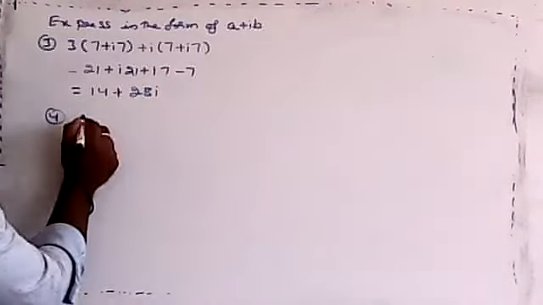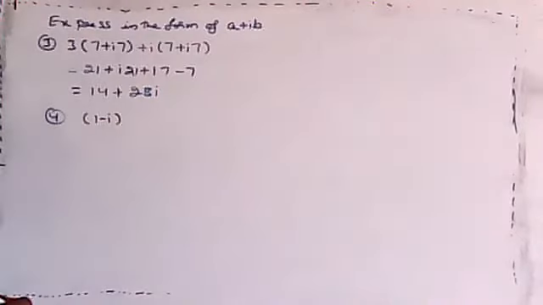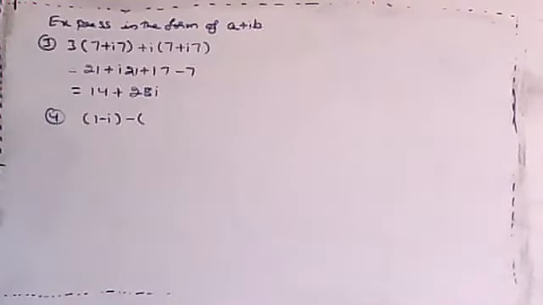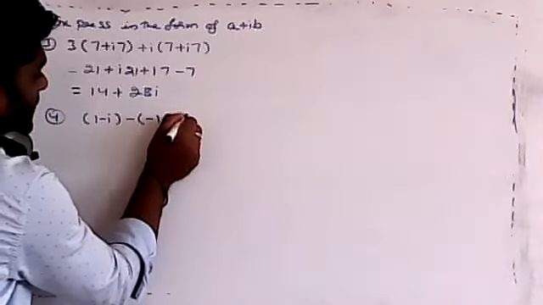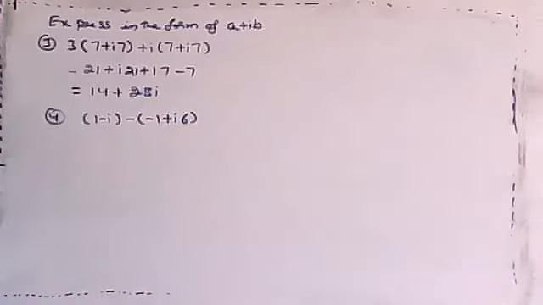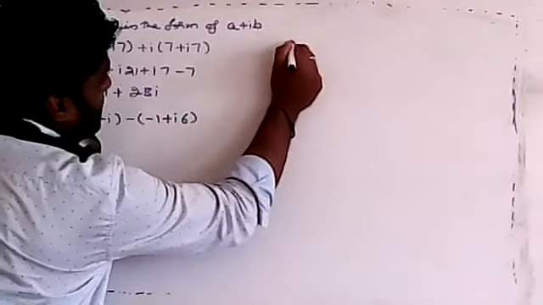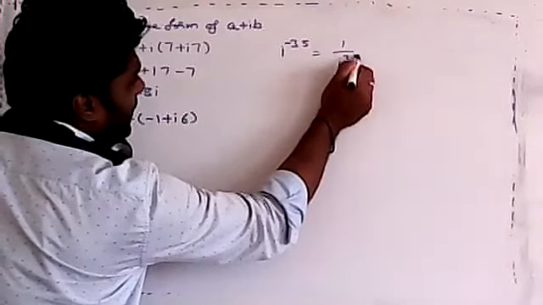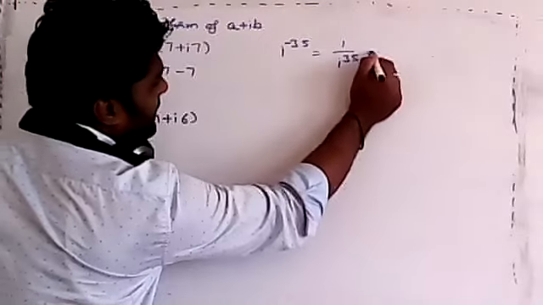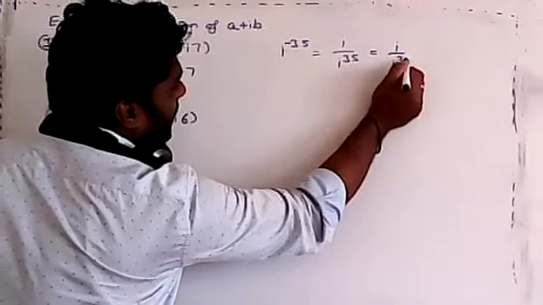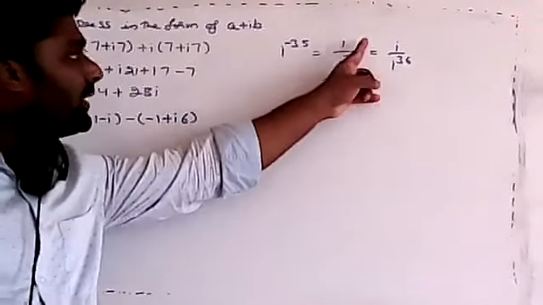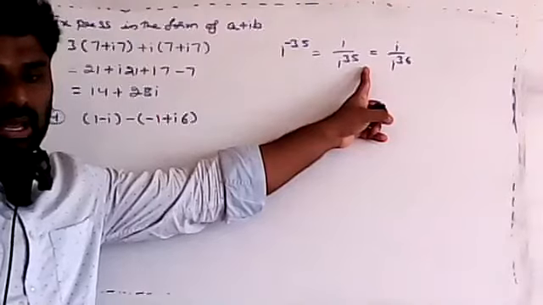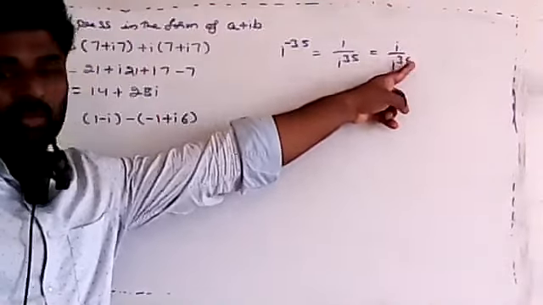That is 1 minus i, minus of minus 1 plus i6, and the previous one I said, no, minus i to the power of 35. I'm solving that one here. So can I write this as i to the power of 35? Can I arrange this one as i into i to the power of 36? Because in both the numerator and the multiplier, I'm multiplying by i. So i remains. i to the power 36 is 1.